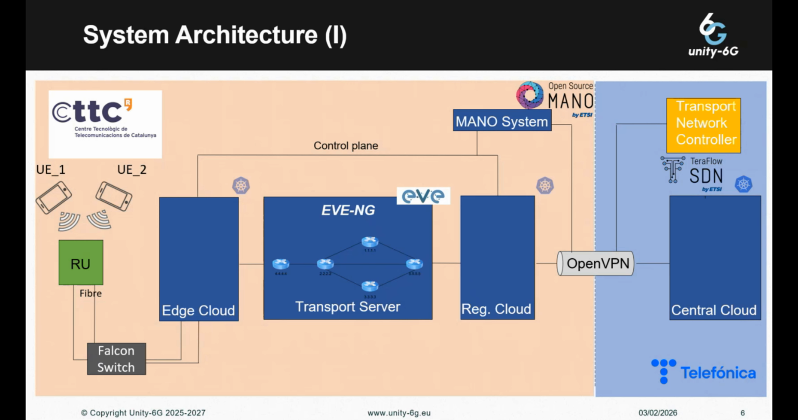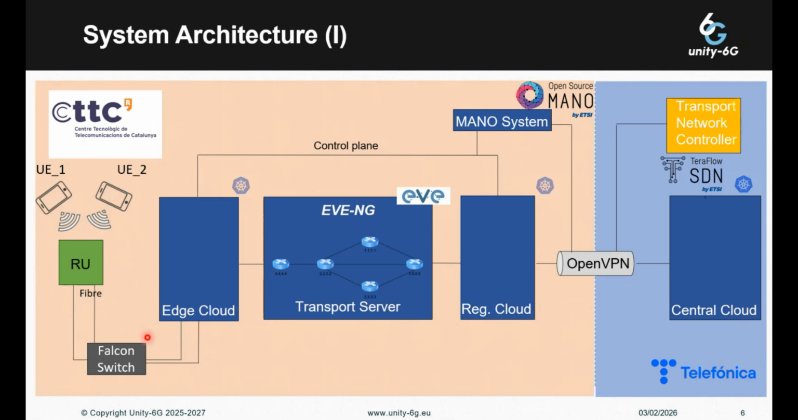So here you have the system architecture that we employed in this demonstration. This deployment is distributed between Telefónica Research Lab and also CTTC Lab. On the computing side, we have 4 commercial off-the-shelf servers. We have the MANO system that is powered by an instance of ETSI OSM, and then 3 different independent servers that are each running a Kubernetes cluster that represents different points of presence, from the edge through the regional